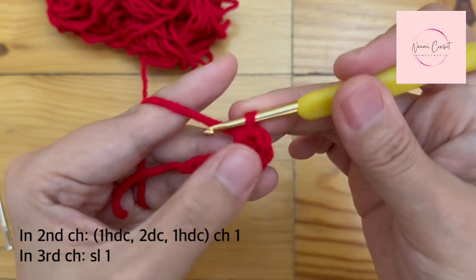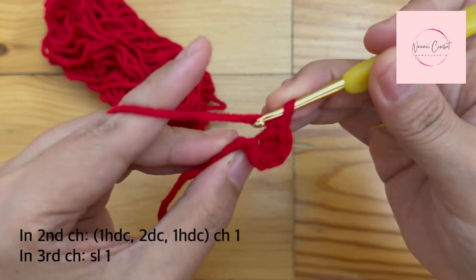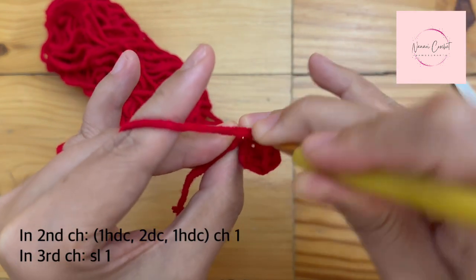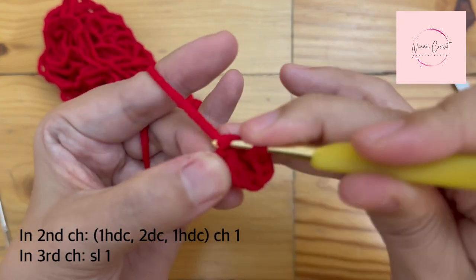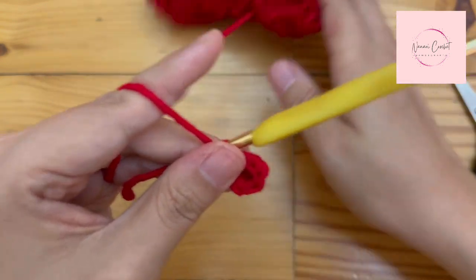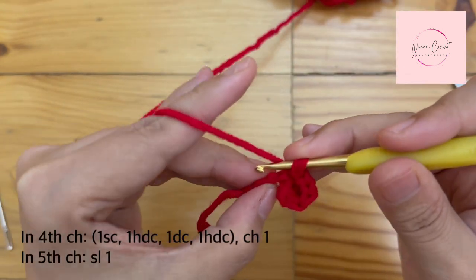Next we'll be making chain 1 and then slip stitch into the next chain. Here we'll be making a slip stitch. Insert your yarn and then pull out all the way out. Okay, continue to the next stitch, next chain,